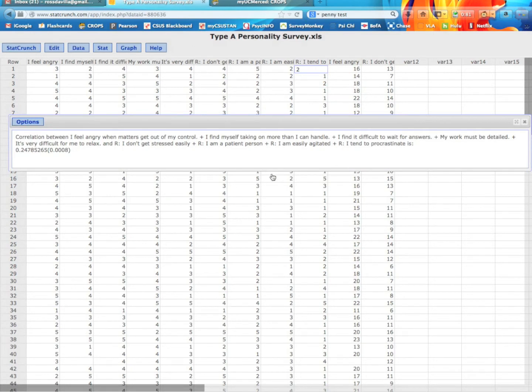Now, one of the problems with this type of reliability is what if we'd split it a different way? Perhaps if we'd added items 1, 3, 5, and 7 and compared them to 2, 4, 6, 8, and 9, because we have to pick up that extra one, we might have gotten a very different correlation. And instead of having to run different correlations with every single possibility of splitting it, one thing we can do instead is what's called a Cronbach's alpha.